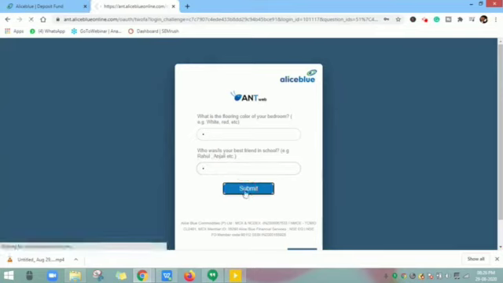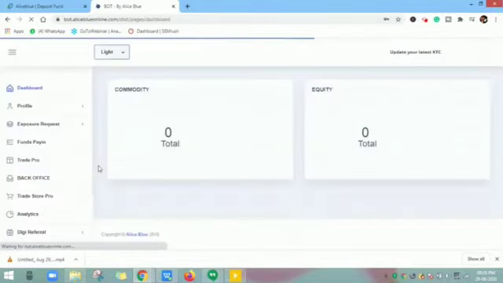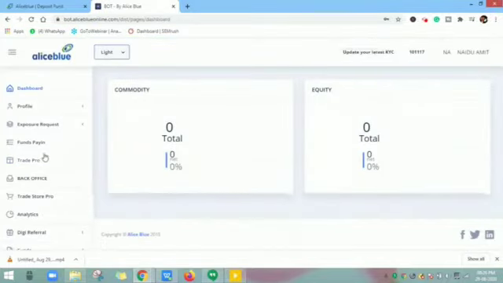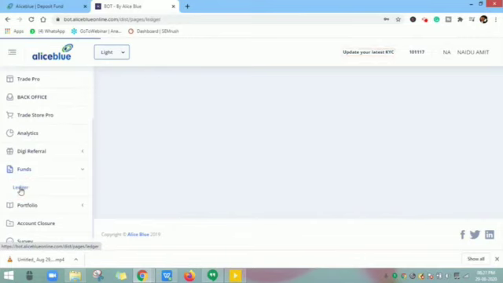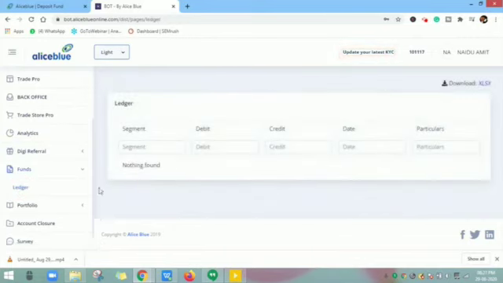Click on submit. So this is the dashboard of Bot back office transformation, and here in the left hand side you can see funds. Click on the funds and you will find the ledger here. Click on the ledger. Here you can find all your transaction details.